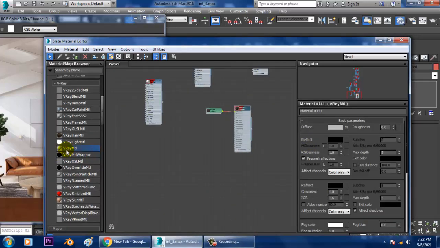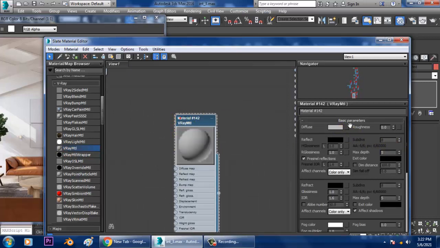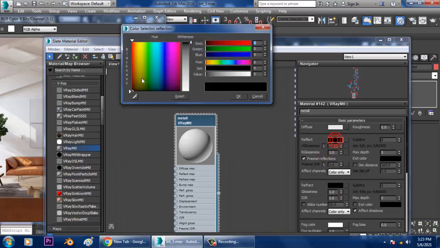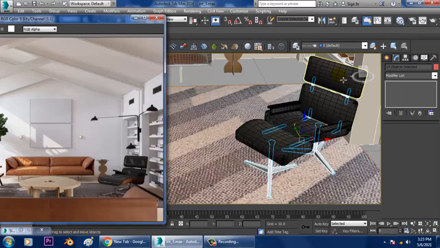Let's take a V-Ray material and zoom in. Name it metal and assign a color. Let's give a bit of reflectiveness, go into this, reduce the Fresnel reflections and assign that.